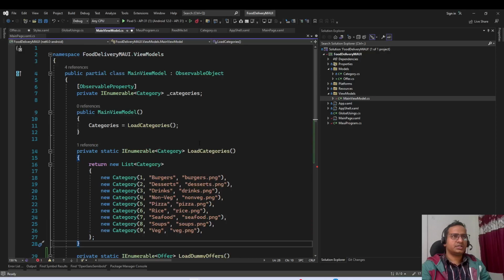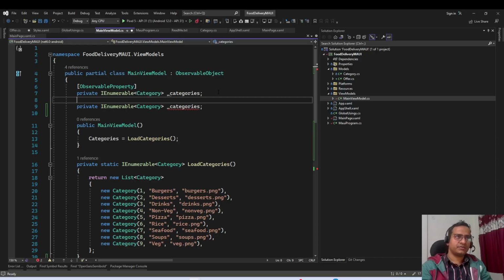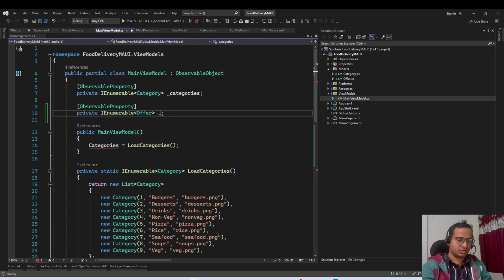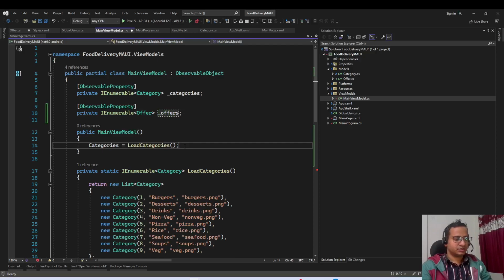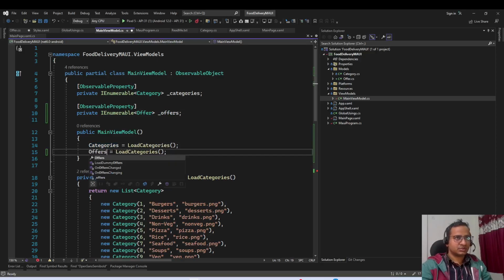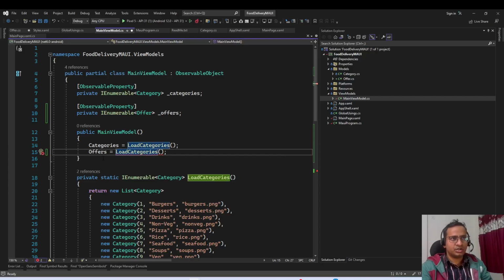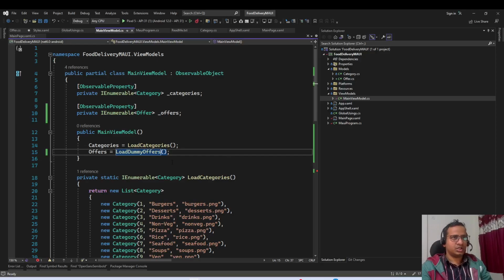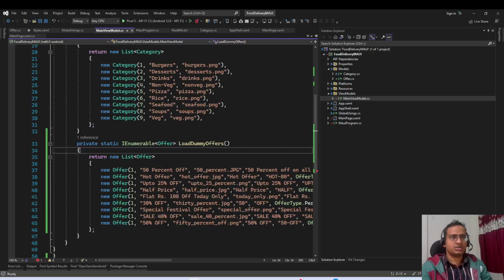Load dummy offers, fine. So again we'll have one more observable property for offers. Let's call these offers, and the Maui community toolkit must have generated this offers property for us. So load dummy offers, and we have these offers now. Yes. So now we can use these offers